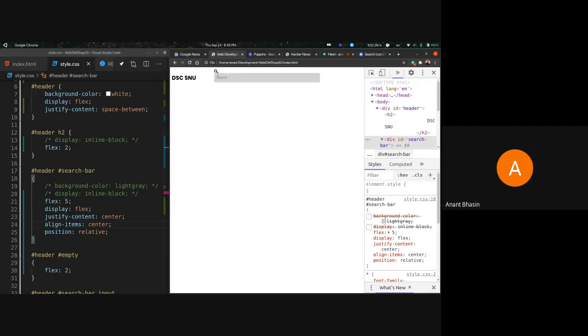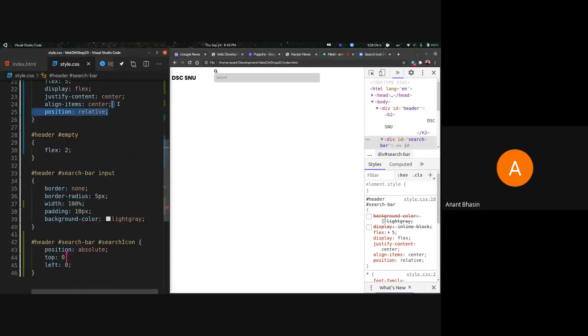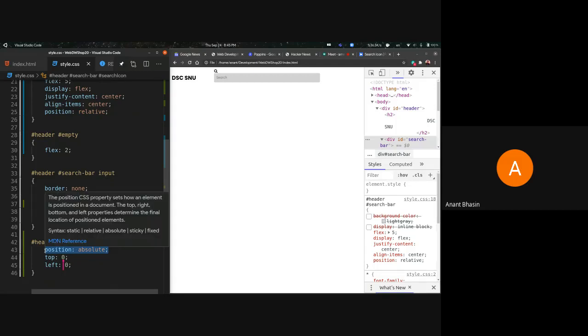But we just wanted to show you guys that the search bar div started a bit above the search bar input. So the input is in the middle of the div. But this element is getting positioned relative to the div and not just the input, because it is inside of the div and the div is positioned relative now. A bit confusing, I guess, but these positionings are only the third most important thing that you're going to use. Yeah, displays, positions, and I guess actually it's the second most important.